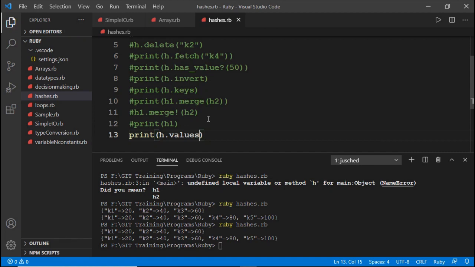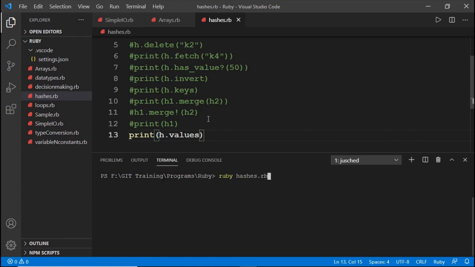There it returned only keys in array format. Here it returns only values in array format. Let us test it. See, we have 20, 40, 60 as the values in the hash, returned by our values method in array format. So these are the various built-in methods we apply on hashes.